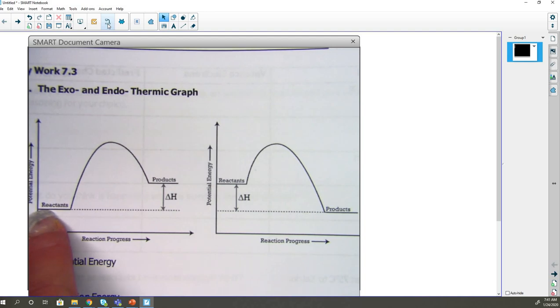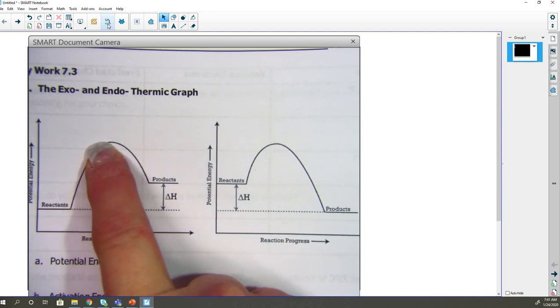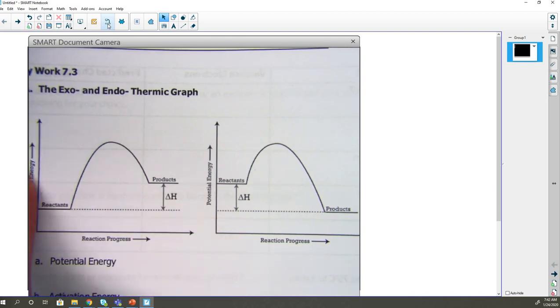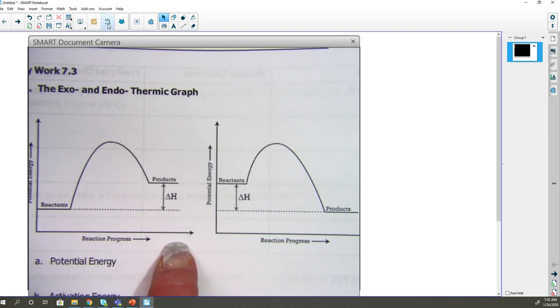We start with our reactants. We have to have some kind of energy. We get to the top and we have the products. This is the potential energy. That's what's on the y-axis. The x-axis is the reaction progress. So as we go to look at this,